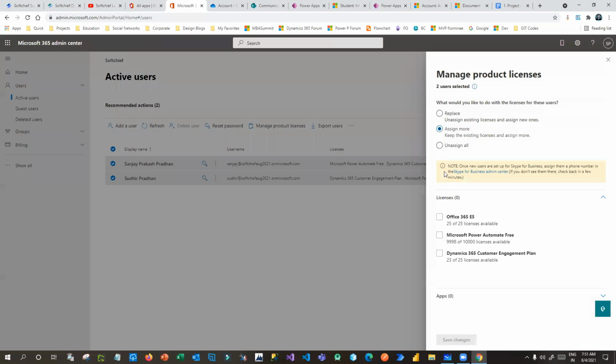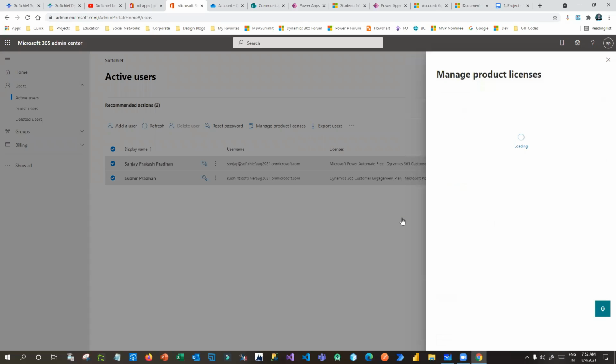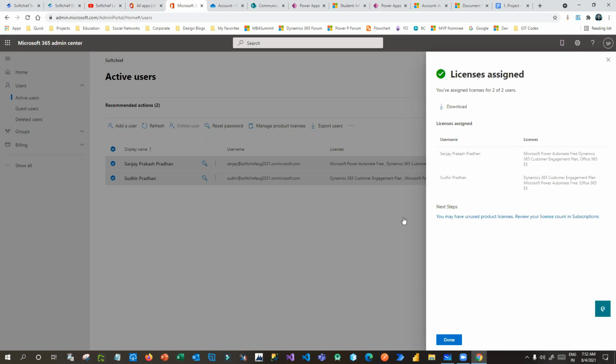Click on assign more. I want Office 365 and other things also. Click on save changes. Now the license is assigned, right?